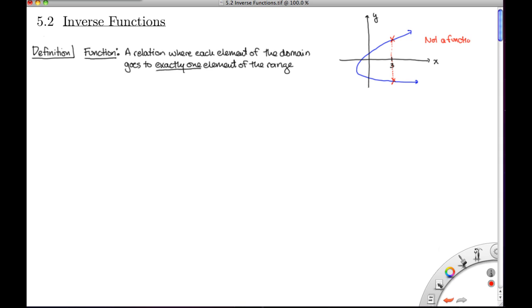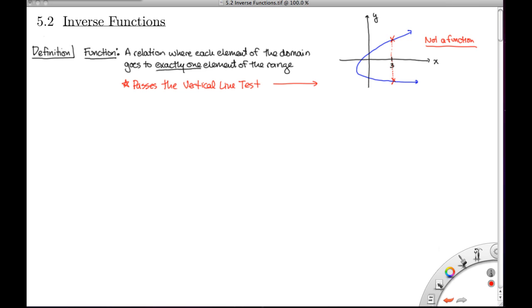And in general, we can determine if we do have a function by saying that the graph will pass the vertical line test. And as we can see here, this example does not, which is why we can determine that this is not a function. So with this idea of how we define a function, now we're going to go ahead and define